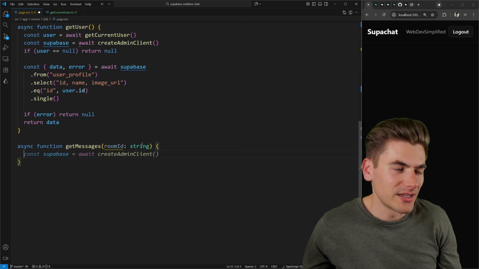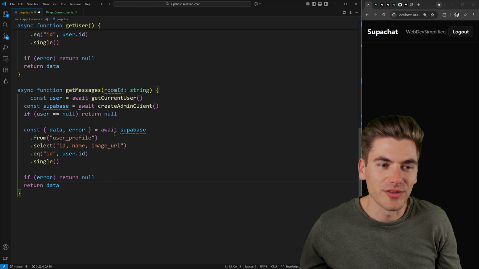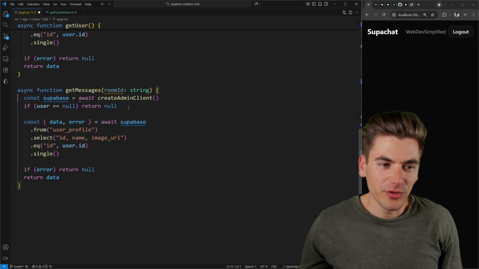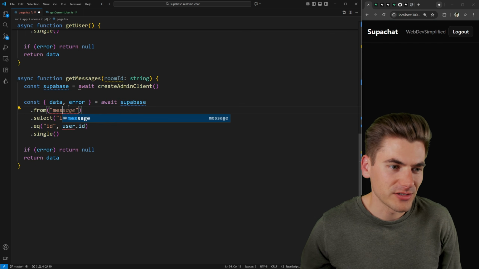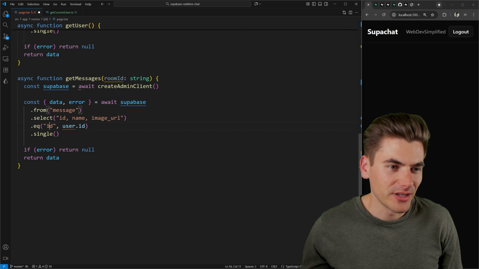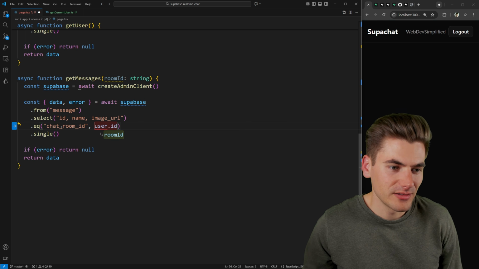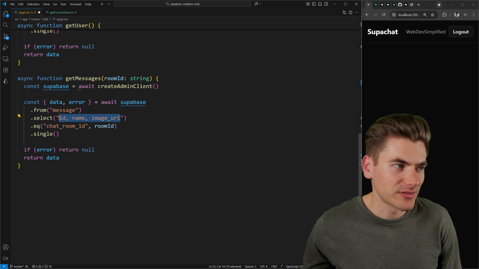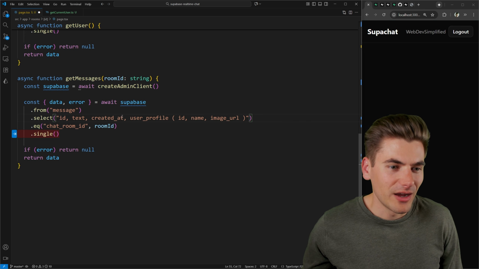And then finally, we can get all of our message information, which is going to be pretty similar to what we've done inside of all of these different sections. The main difference is we don't really need the user in this one because we're just getting all of the messages. So we can get from our message table, just like that. I want to get it where my chat room ID is equal to my room ID. And then we can specify what we want to get. I want the ID, I want the text, I want the created at, I want the author